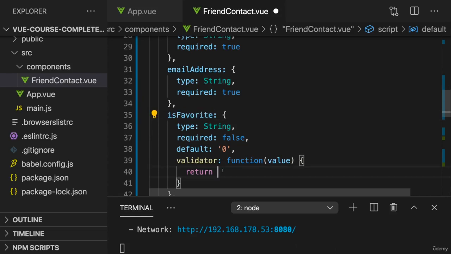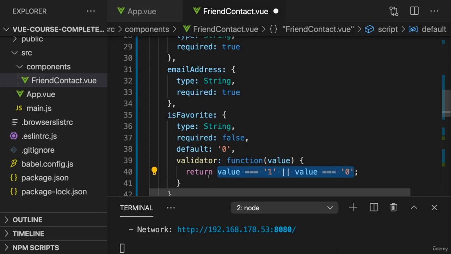So here for isFavorite, for example, we could check if value is equal to 1, or if value is equal to 0, and that will therefore yield true if either of the two is correct, or false if we get a totally different value. So with that, we could make sure that really only the values 1 and 0 are